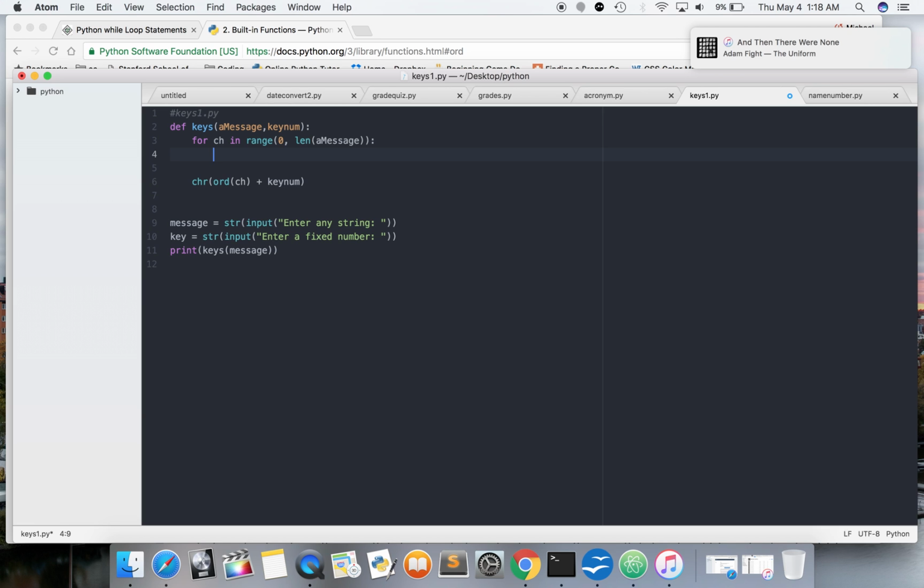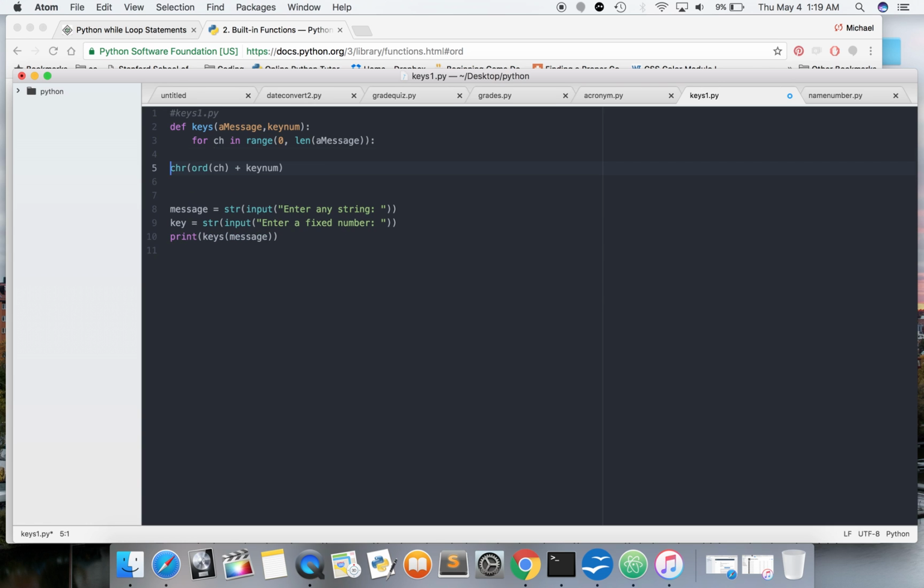So let's check this out. So what we're going to do is the message. All right, so for character, this is our piece of code here, of CH plus key num. The character,